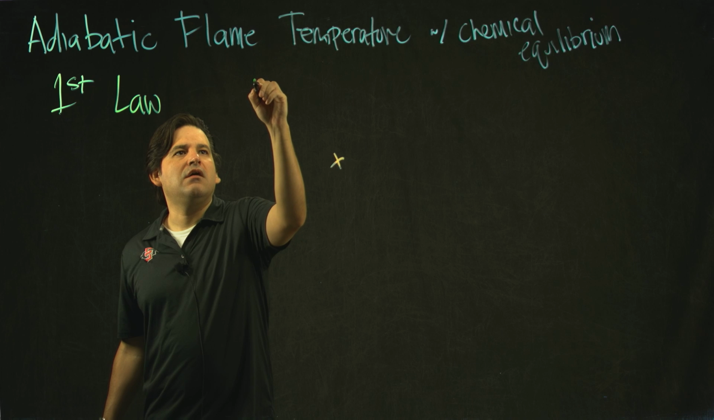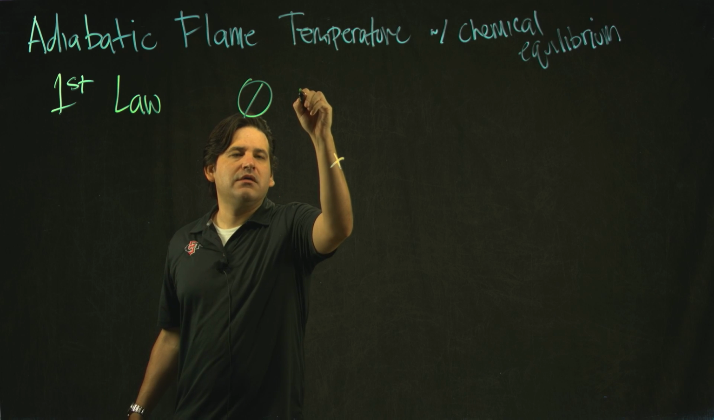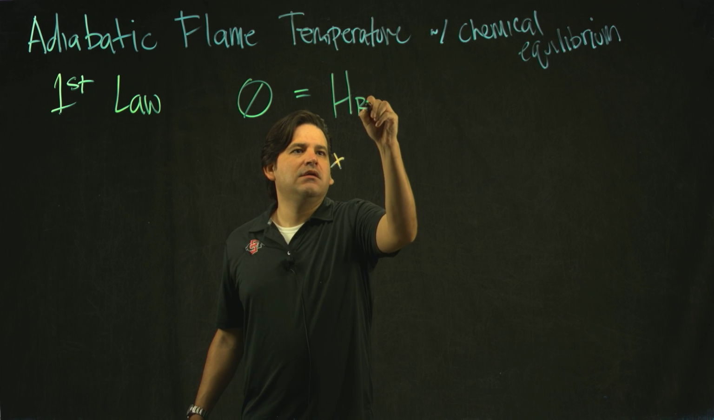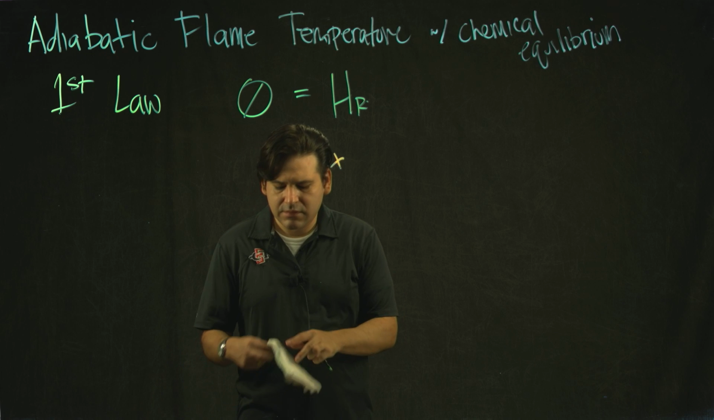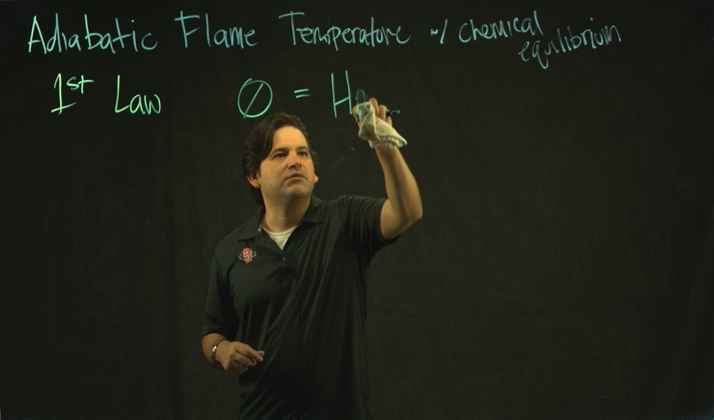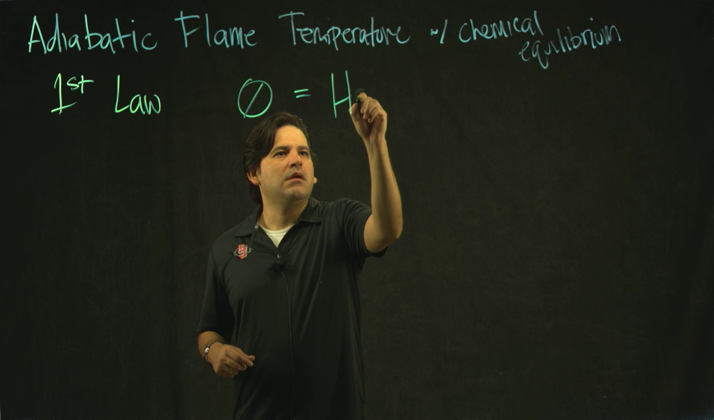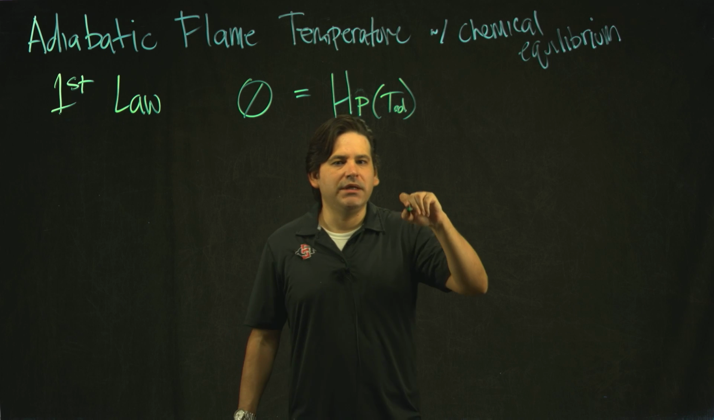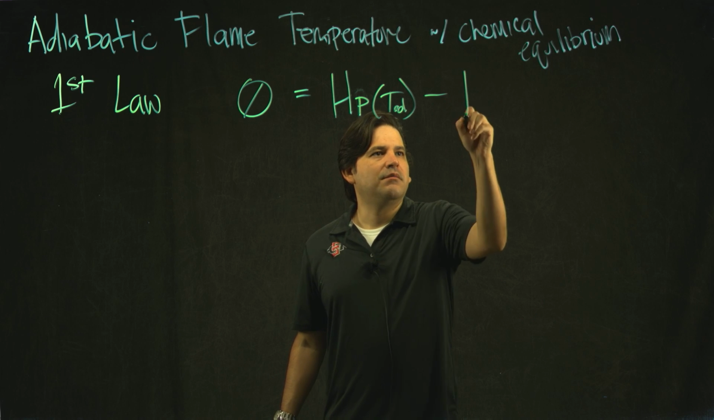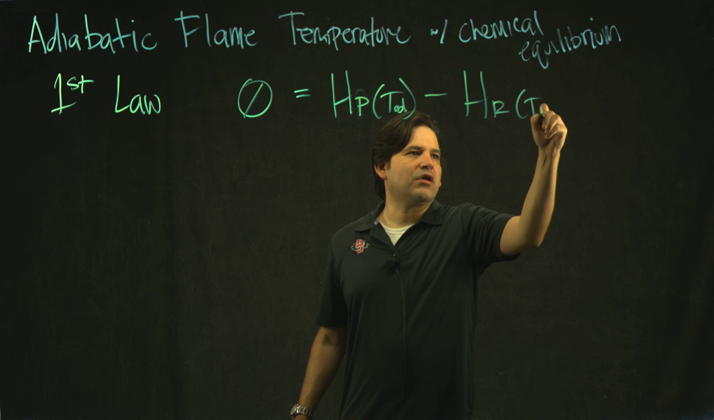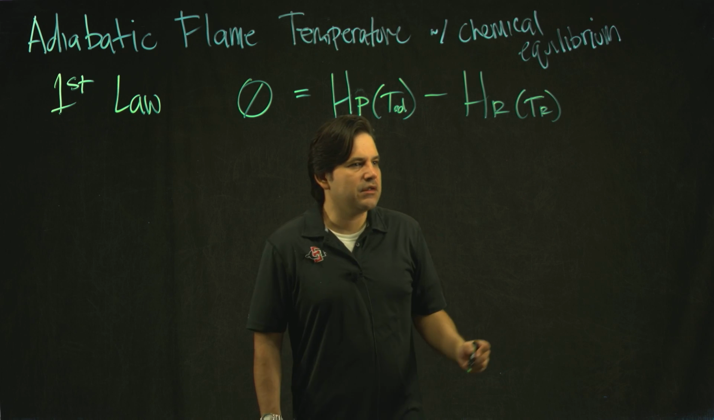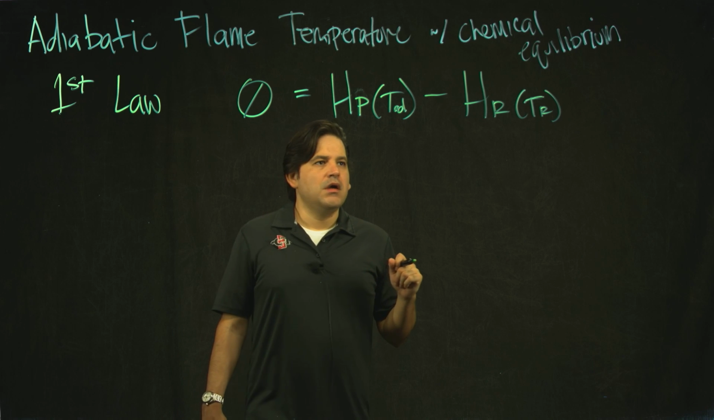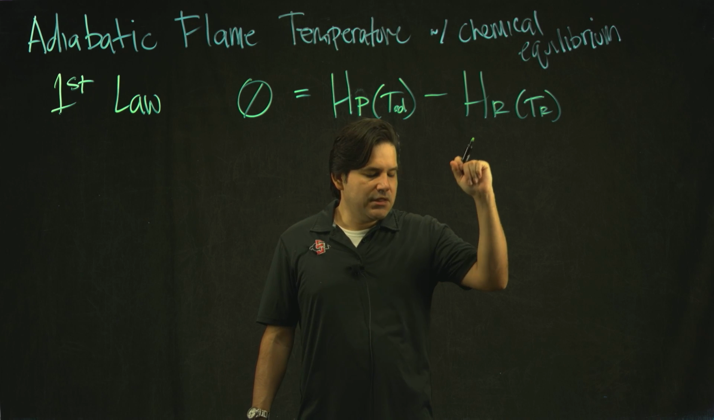So if you apply the first law, you would have no heat transfer out, and what that leaves you is a balance between the enthalpy of the products. So this should have been a P. Enthalpy of the products at some temperature, which in this case would be the adiabatic flame temperature we are interested in, minus the enthalpy of the reactants at some starting temperature of the fuel-air mixture in that case. So that's our starting point for adiabatic flame temperature,